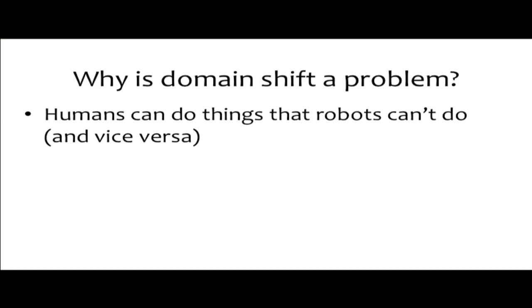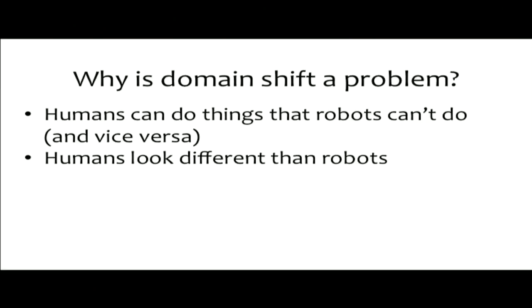Just generally, the constraints of how the robot is doing the task are very different from the constraints of how a human is doing the task. It's likely that a robot might be able to do it more efficiently, depending on its degrees of freedom. And the second reason is that humans look different from robots. So if a robot is watching a demonstration of a human doing the task, even if it's from the first person, from the human's perspective, the human hand is going to look different from the robot hand. And it needs to figure out that it's okay that it doesn't have the same hand as a human when it's trying to perform the task.